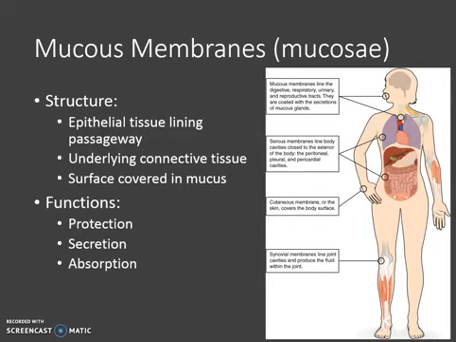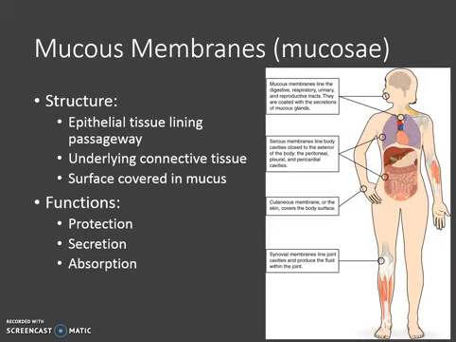And mucous membranes, as you probably could have guessed, the surface is covered with mucus. And that just helps to kind of protect the passageways. It also provides some lubrication so that stuff like food can slide through your digestive tract a little bit easier. So the primary functions of mucous membranes are protection,